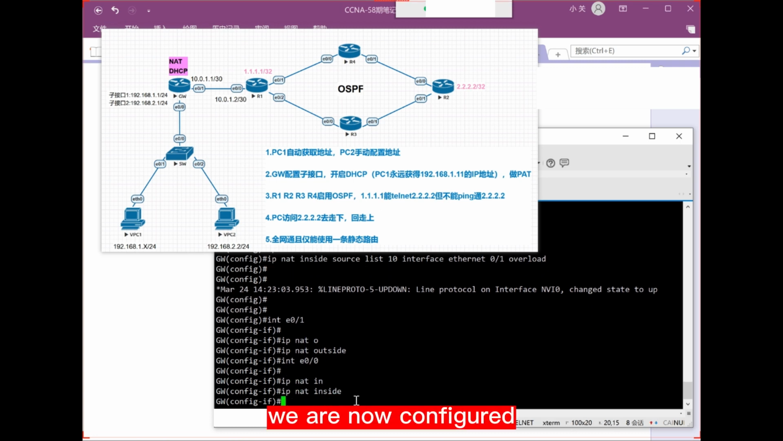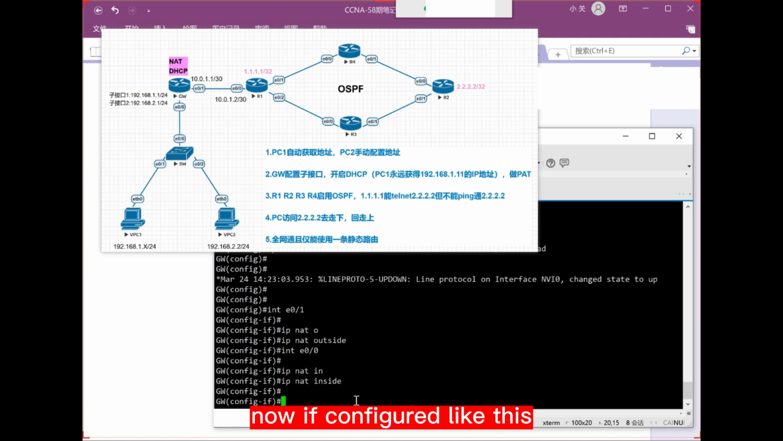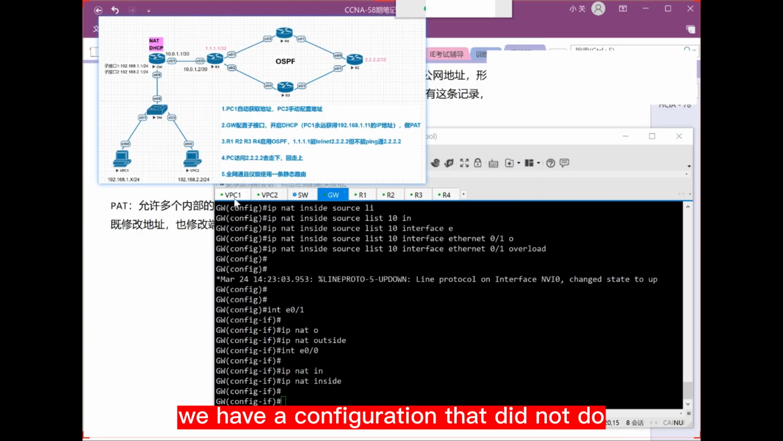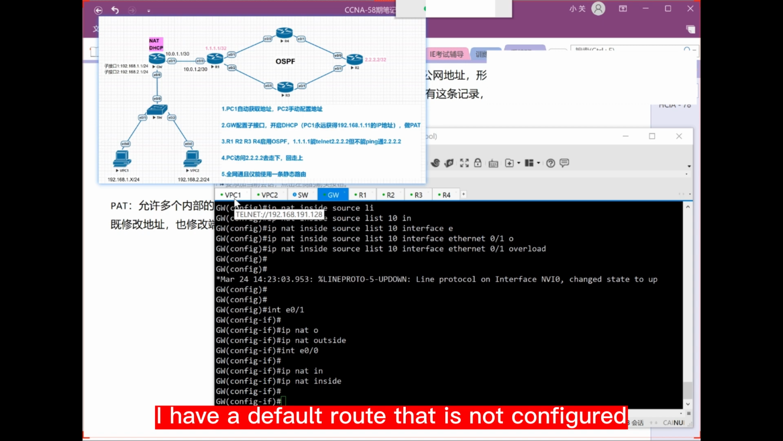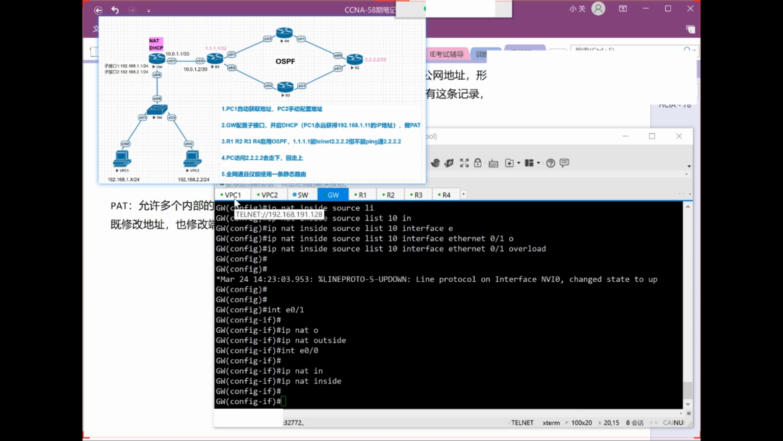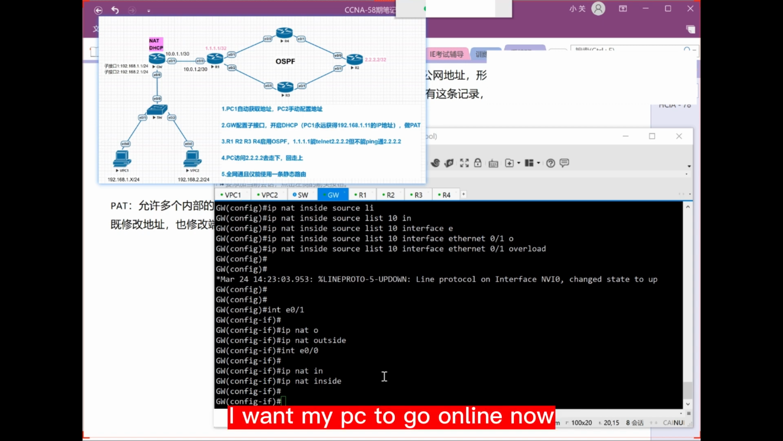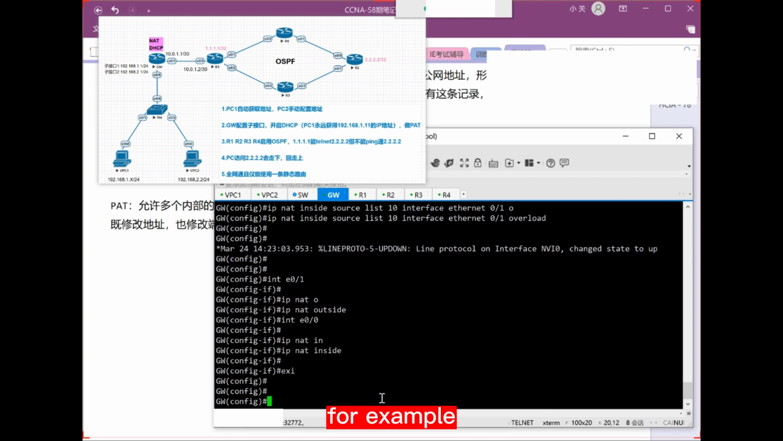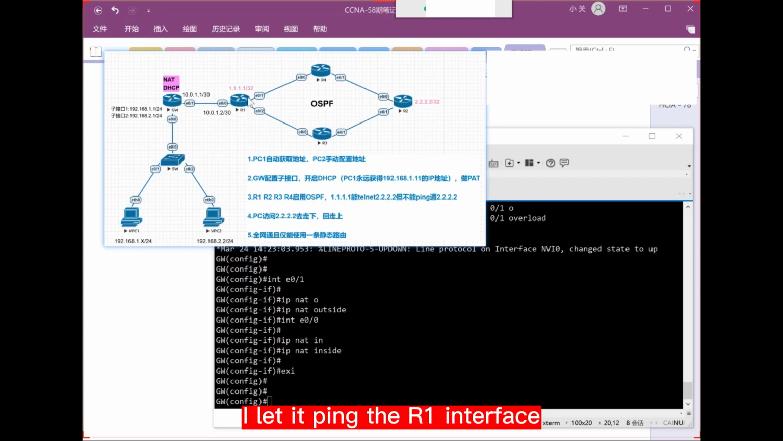We are now configured. If configured like this, do you think it will work? Whether it can pass or not. We have a configuration that we did not do: the default route is not configured. I want my PC to go online now. Assuming we let it go through this R1, for example, I let it ping the R1 interface. In short, this is an external address. Ping